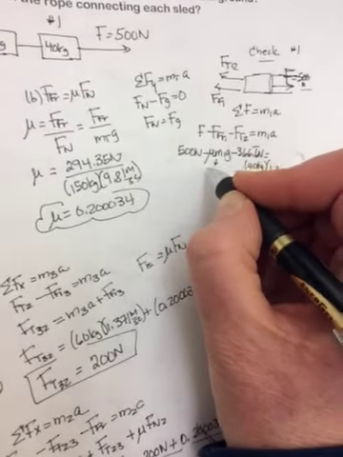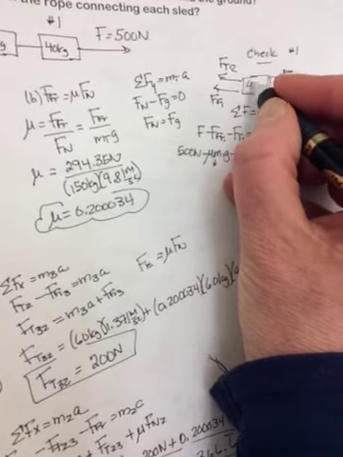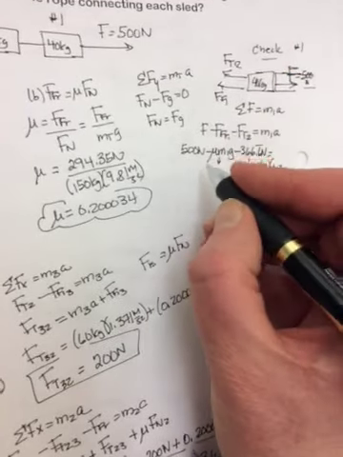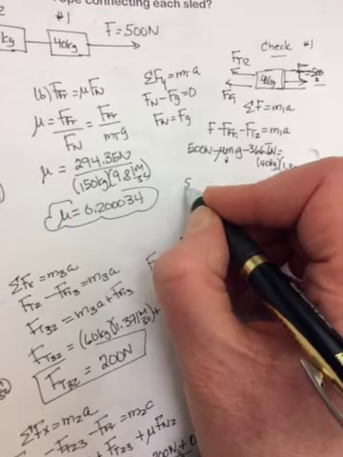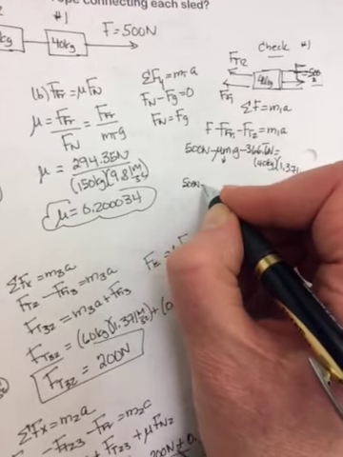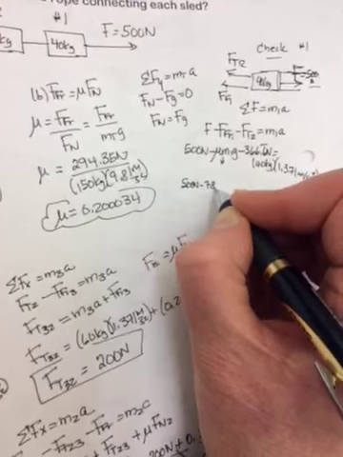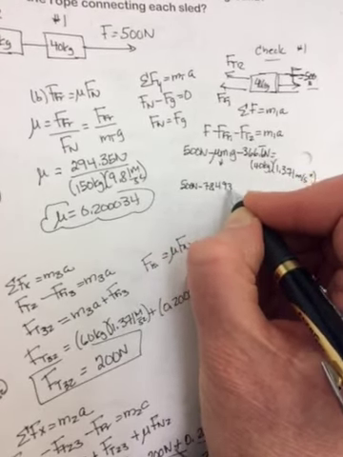And this friction will be 0.2 times 40 times 9.81. And so when you do this, it becomes 500 minus 78.493 repeating